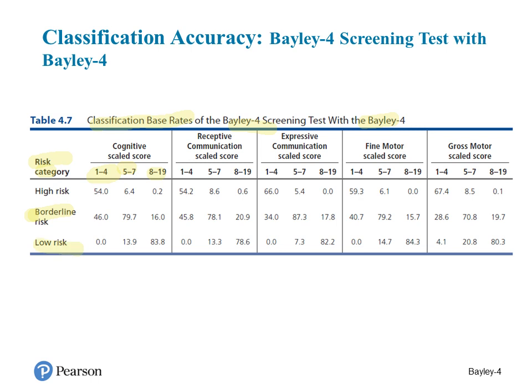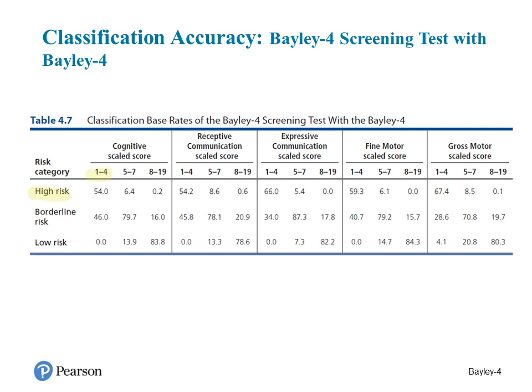So what we're looking for here is to see whether there is going to be a match between the risk category classification from the Bayley-4 screening test and the actual classification or the scaled score on the Bayley-4. Let me see if I can get rid of some of this here. So when we look, for example, here at the high risk, which would correspond to a scale score of 1